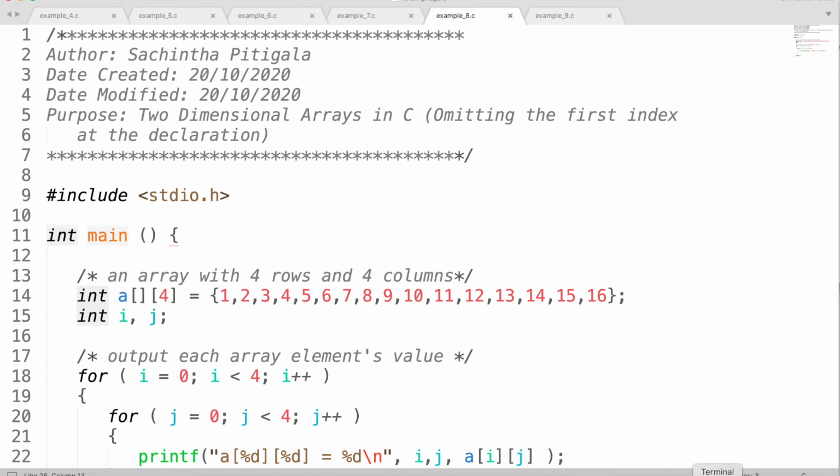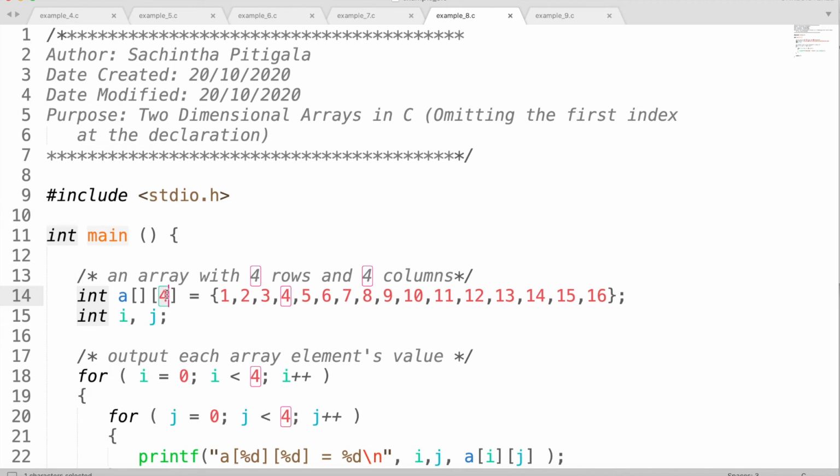So this is another variation of declaration and initialization statement in two-dimensional arrays. You can see here I have provided 16 elements, 1 to 16, right? If you're providing all the elements in your initialization and declaration statement, then only can you skip, if you want, how many rows you're going to have in your two-dimensional array.